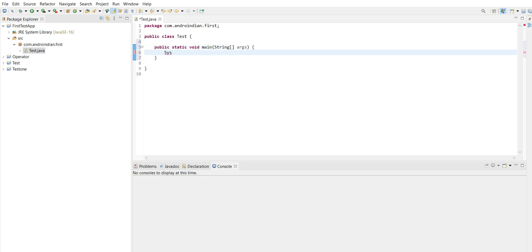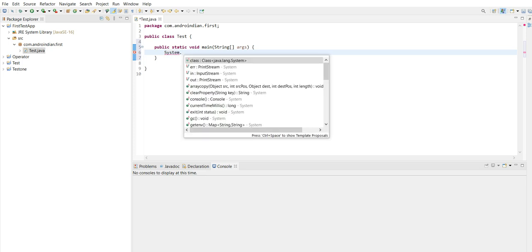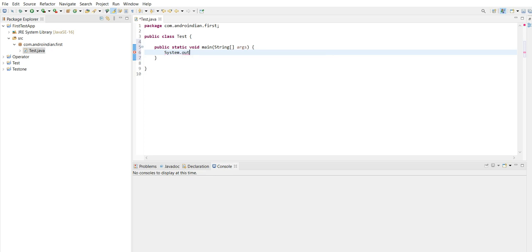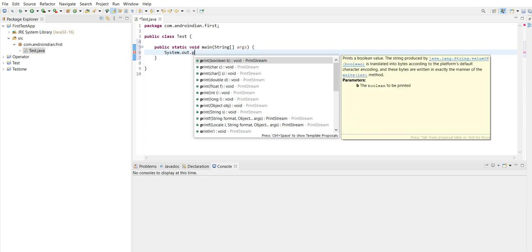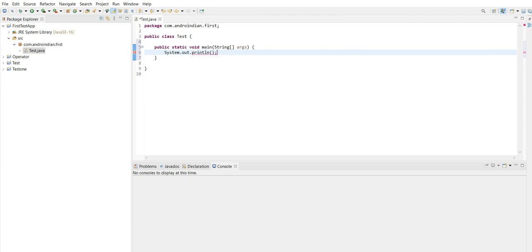So here System.out. See, even while writing this, it will give hints also. println. From here I can select println.